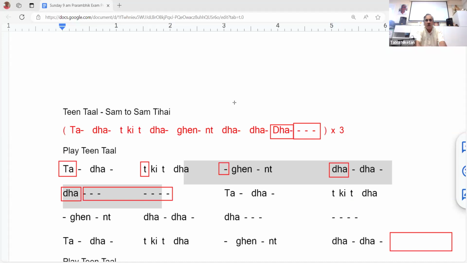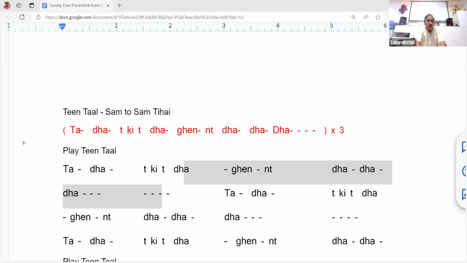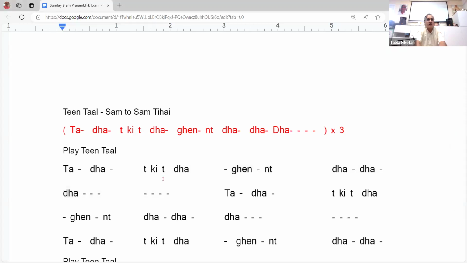Okay, perfect. Now let's try to understand the formulation of the tihai. This is a completely theoretical part, but make sure you pay attention. Samarth, especially, make sure you pay attention to this. Now, before we start, this is the first beat, second beat, third beat, fourth beat, and fifth beat. And this is your pause. Sorry, my bad.